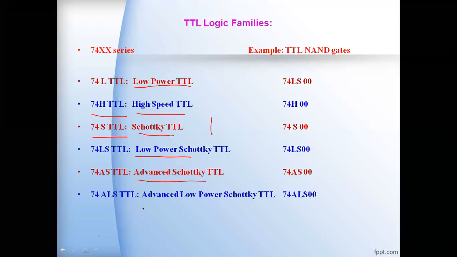The benefit of this is high speed, low power. The figure of merit is very high for this advanced low power Schottky, that is, it has high speed and low power. And now the recent technology is